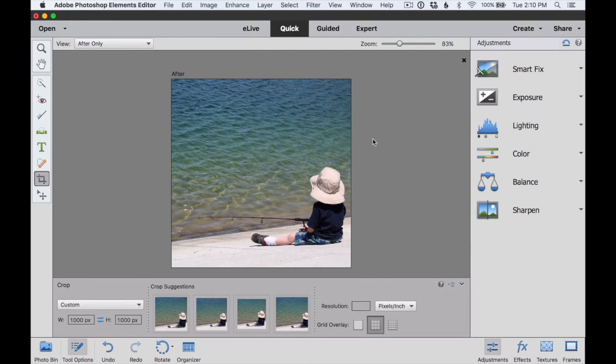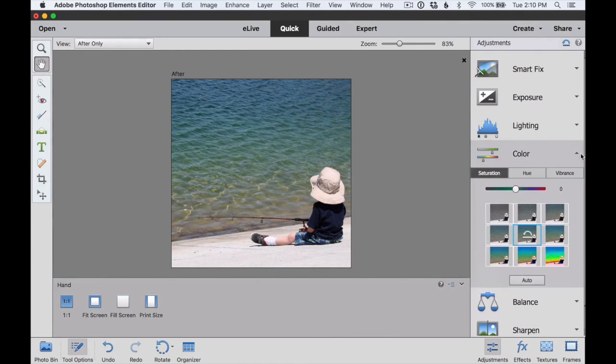The next thing I want to do is pump up the color in this photo. It's really kind of drab and I think it could look a lot better. In quick mode, over on the side, you have a bunch of quick adjustments that you can make with just one click. So we'll pull down the color menu and we're under saturation. And we can just click on one of these boxes to either desaturate the photo or add saturation to the photo. I'm going to click on this one right here